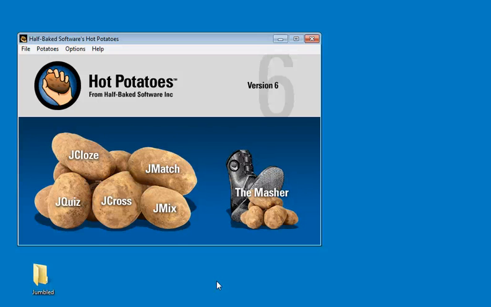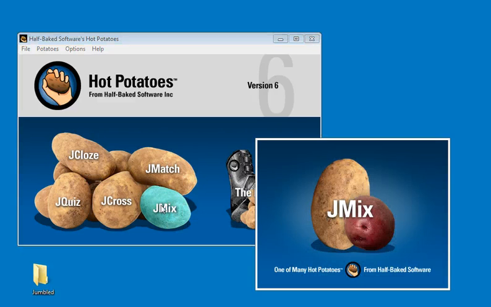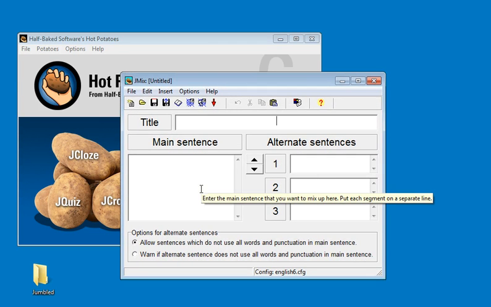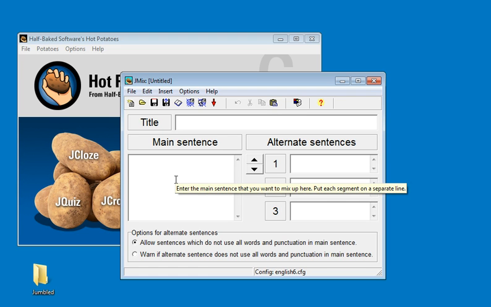Okay, today we're going to create a jumbled up sentence exercise using the JMix potato. So we'll just click on JMix. And what you're presented with is a screen where you can enter the main sentence in its various parts and potentially alternative variations of that sentence, because sometimes a sentence can be reordered differently and still have the same or